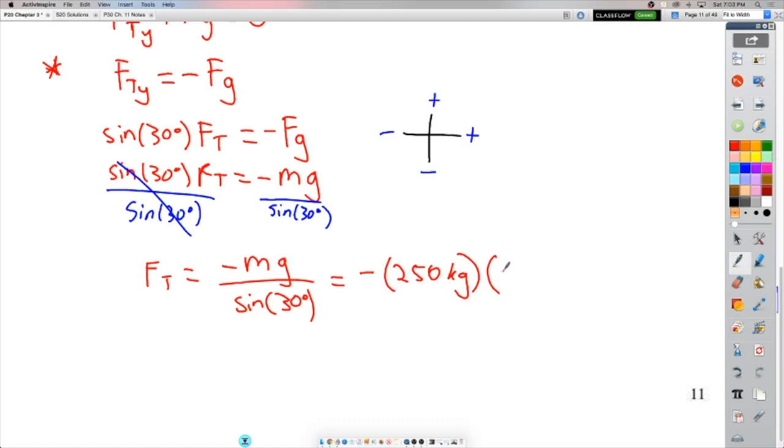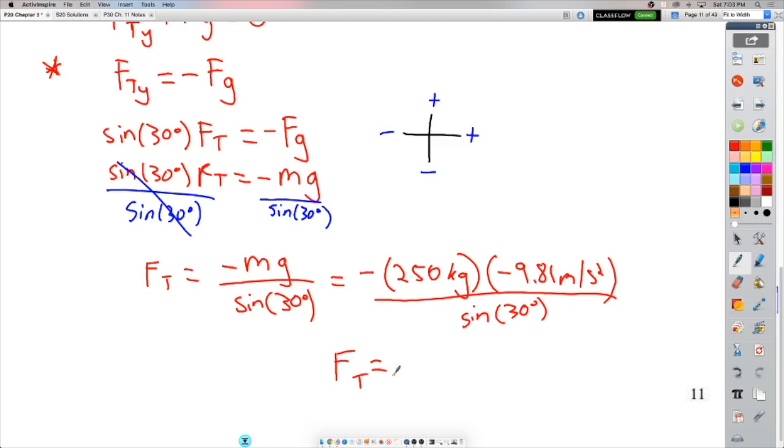It's down, so negative 9.81 meters per second squared, all over the sine of 30 degrees. And if you plug that all into your calculator carefully, you'll get that the force of tension, okay, the minimum tensile strength of the chain for it to be supporting this sign would be 4.91 times 10 to the third